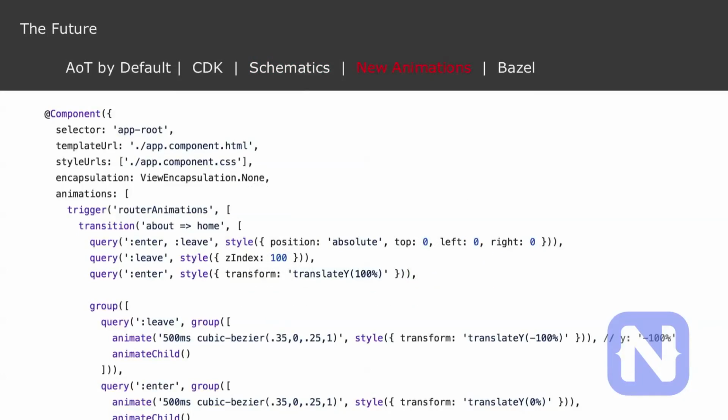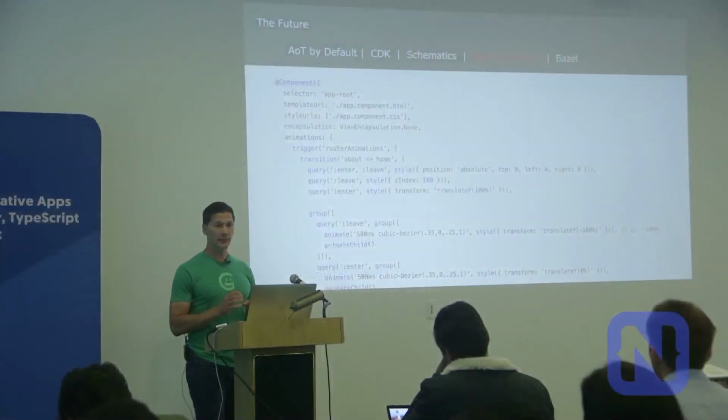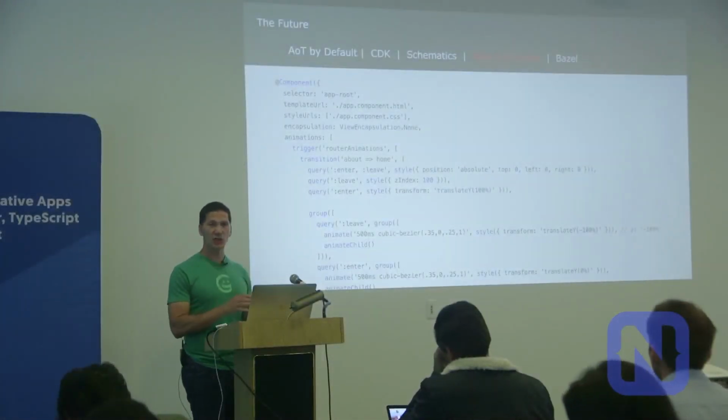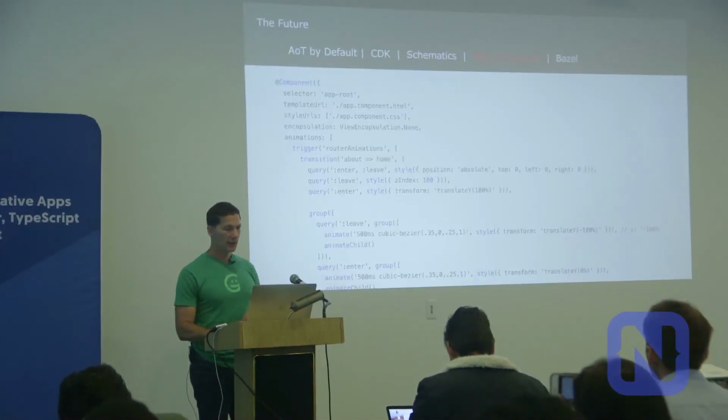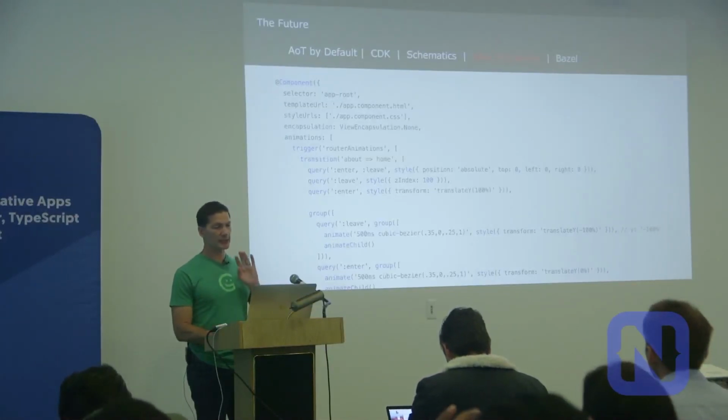The animations library, the web animations for Angular, is super awesome. If you've done animations on the web before, it can be a real pain knowing when you're trying to apply it in your CSS. The short of it with all the stuff that's in the new animations release is that it allows you to do really, really complex animations with just JavaScript. You don't have to get down to CSS at all. So this is a huge thing in itself.